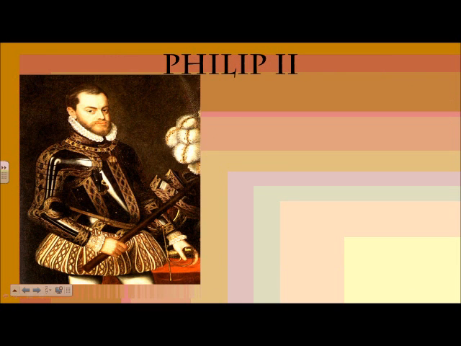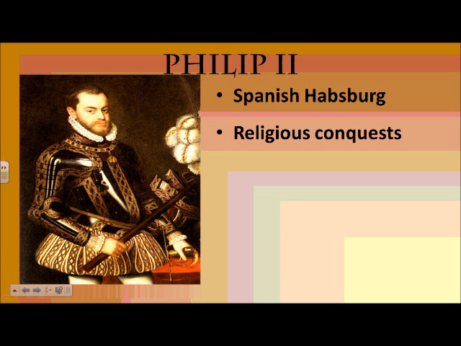Add to that the religious issues. We'll start in Spain with Philip II. He is a Habsburg. Habsburg is his family name. He's the king of Spain now. Before, last time we saw him, he was just the prince. We'll get to that in a second. His grandparents, Ferdinand and Isabella, with the Spanish Inquisition, had theoretically cleaned Spain of the Muslims and the Jews.